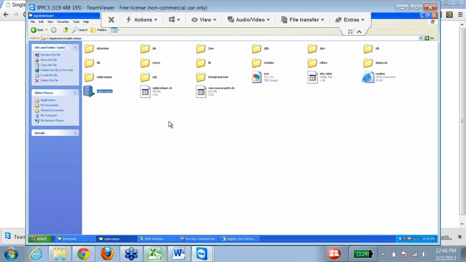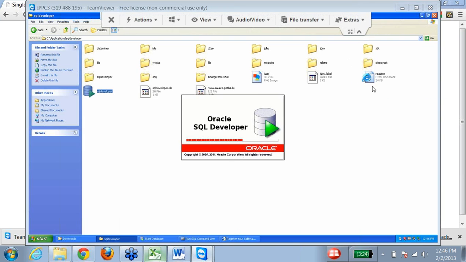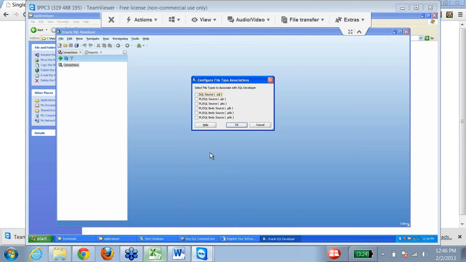Just run SQL Developer. When you run it for the first time, it is going to ask you for the JDK path, so let it start. Here I think JDK is already installed.